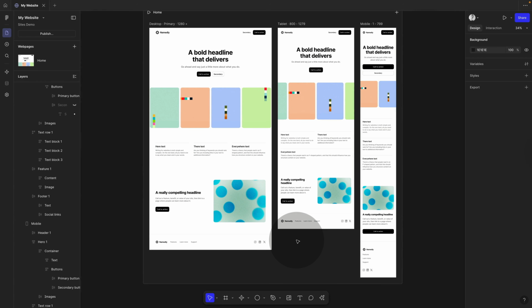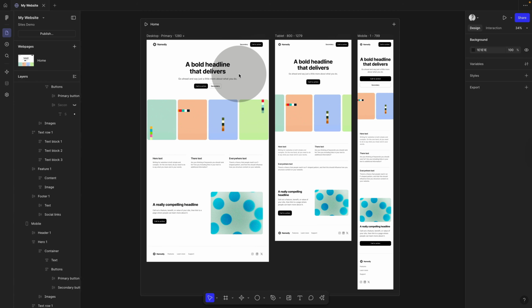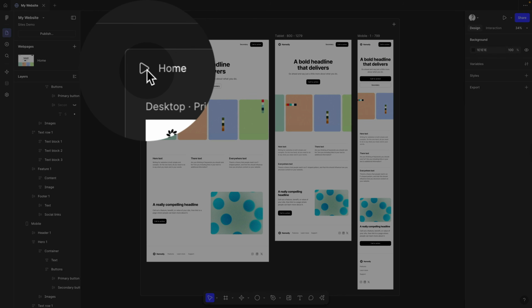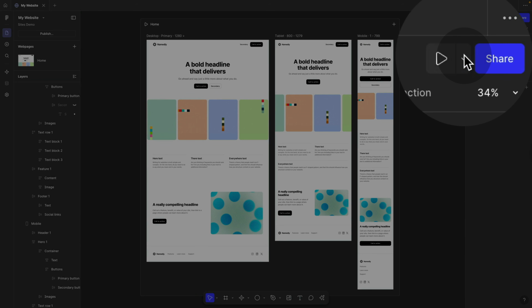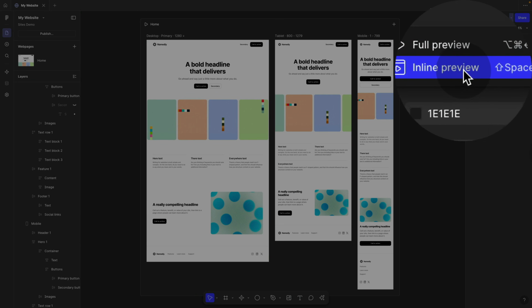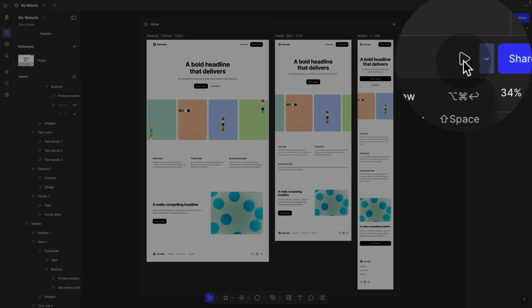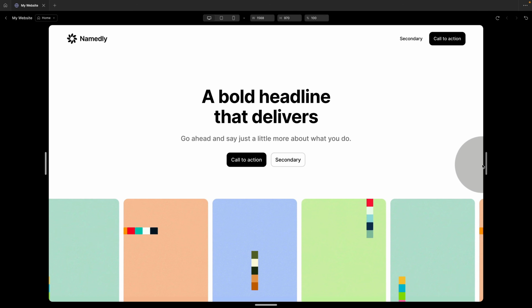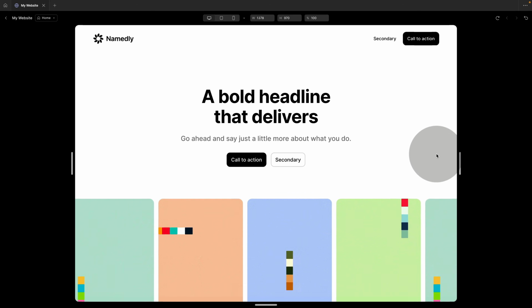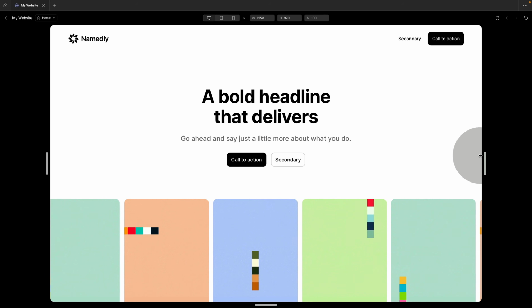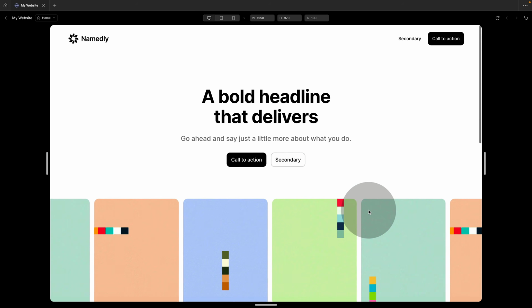So before we alter the content, let's actually look at what our page looks like in a dynamic setup, so what it will look like in the browser. There are different ways that you can get a preview. You can either click on this play button here, or you have the play button over here. With this little arrow, you can choose if you want inline preview or a whole page. So let's just click it, and then you're going to get its own preview. And see, that's really nice. There's some animation already set in here. So you can resize it, then you can see the different behavior,